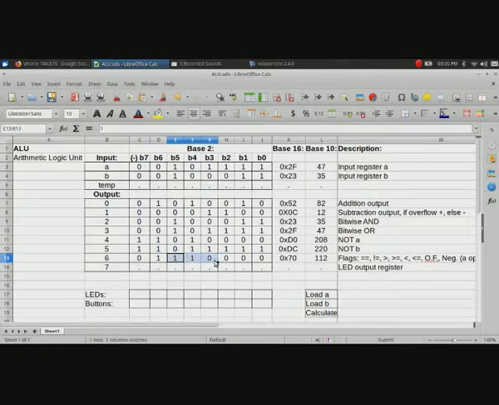I'm not sure how I'm going to do the greater than or equal, or less than or equal operations. I'll have to look more into that. But that's the basic idea for the ALU,